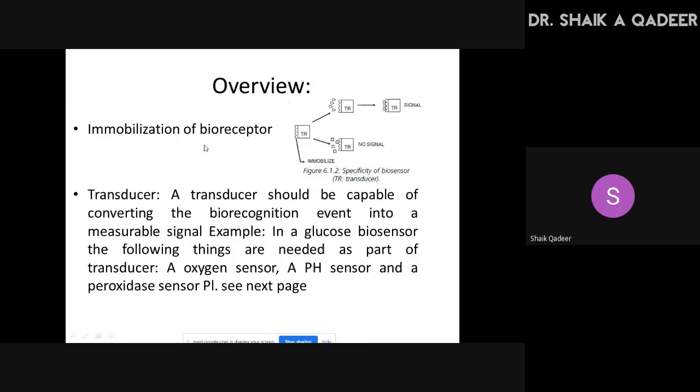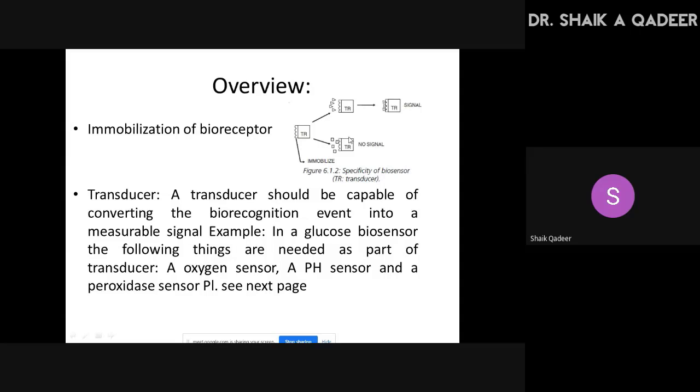And the answer is, if we fail to trap the analyte, then we may not be able to produce the correct output. That is the answer. If you want, you can write: why is proper immobilization necessary in the design of a bioreceptor for a biosensor? Answer: you need to take the help of this figure in order to answer this question. The help of this figure is necessary. Please mind it.